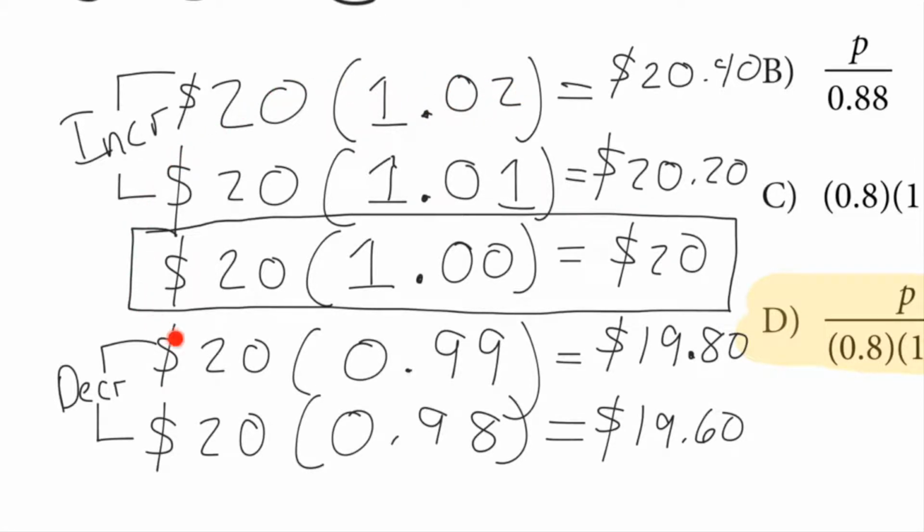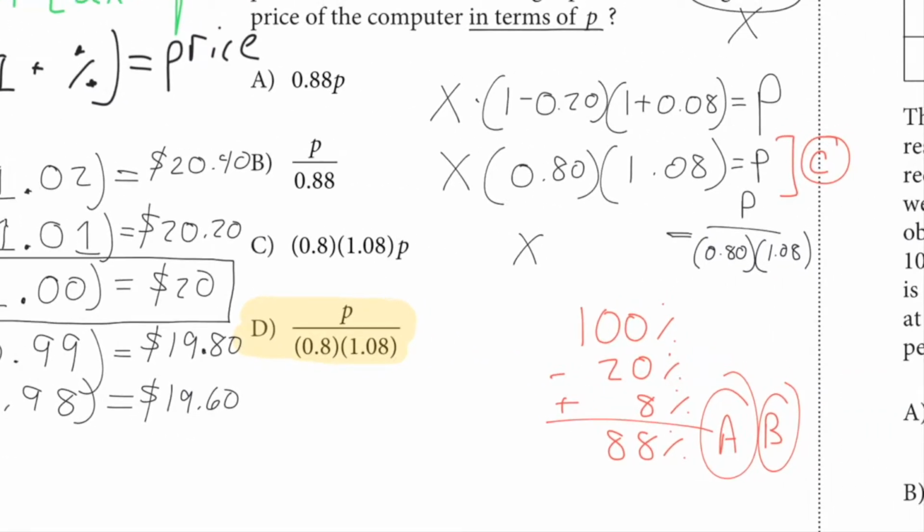If you want to decrease $20 by a certain percentage, you could multiply it by 99%. That's a 1% decrease to get 19.80. Or you could multiply it by 98% to get a 2% decrease. That's 19.60. Anyway, this is going to be a lot faster and it's going to give us the right result,